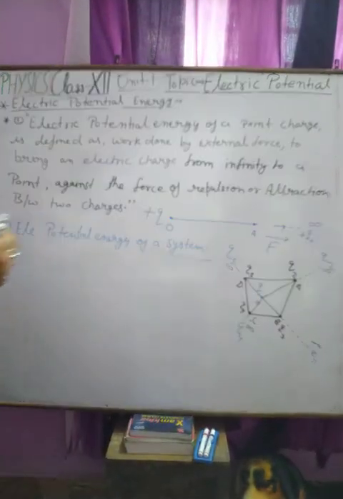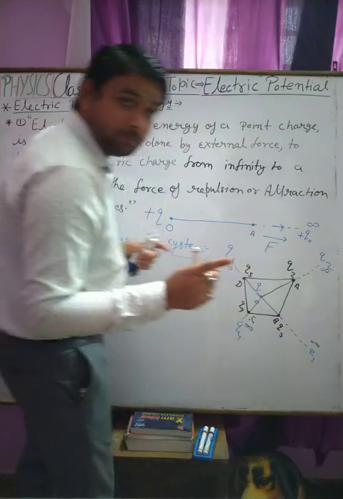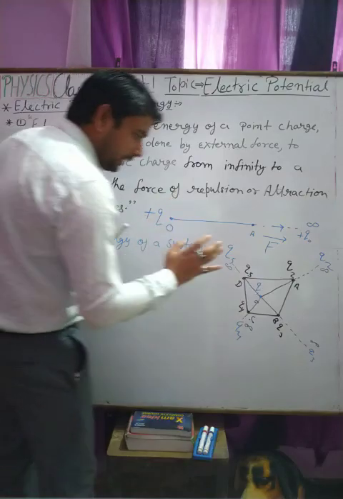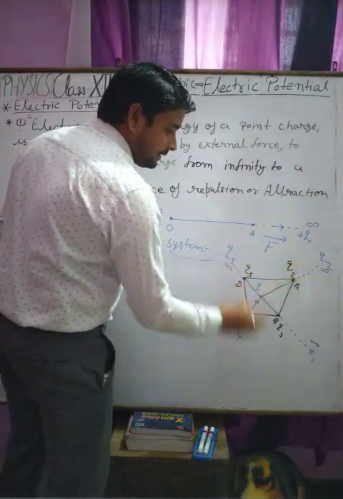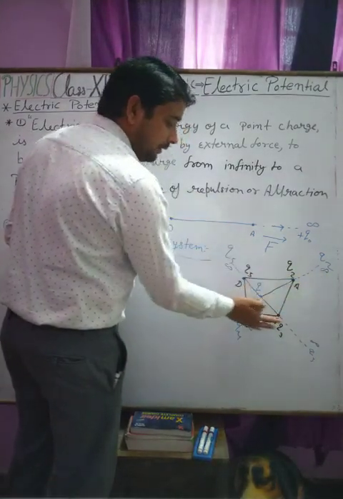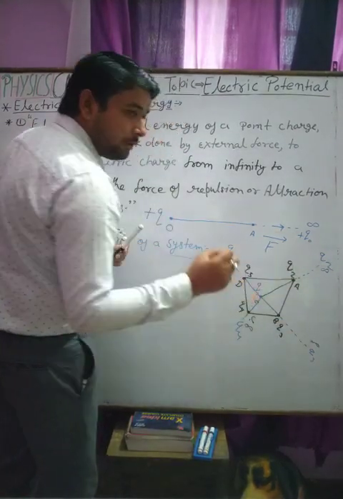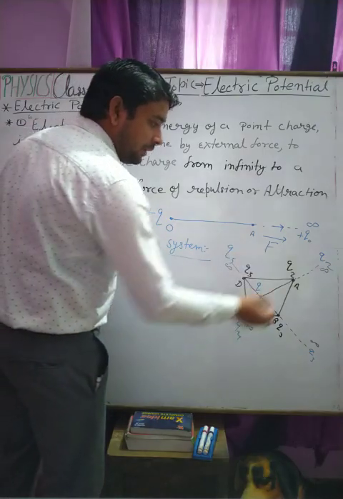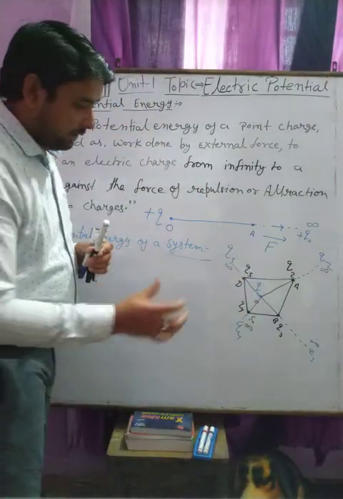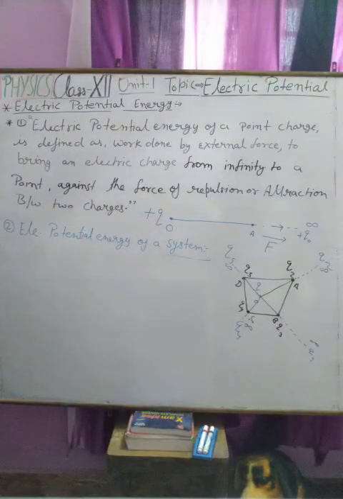This is now a system of charges, and we observe the charges can never move, it is not allowed. Unless we allow it, we find that these charges remain at their locations after doing work against the force of repulsion or attraction. So this whole energy which is done by the external force to bring them to points A, B, C and D is stored in this system as electrical potential energy. So we define this electrical potential energy.